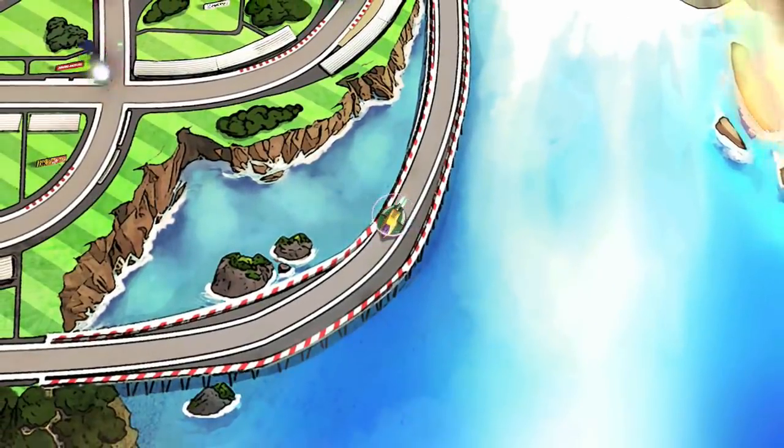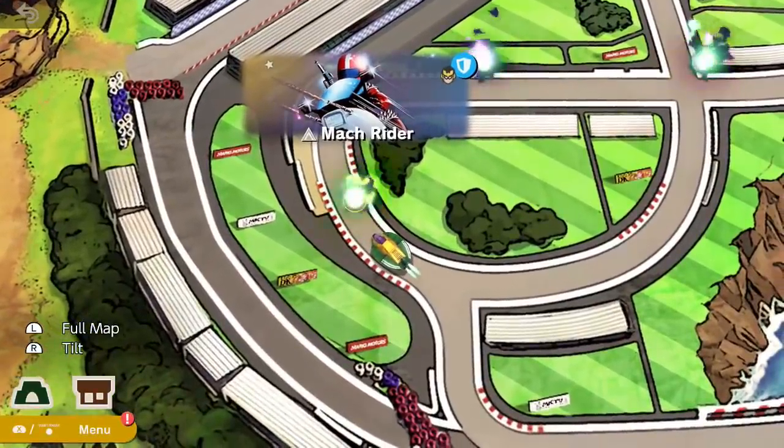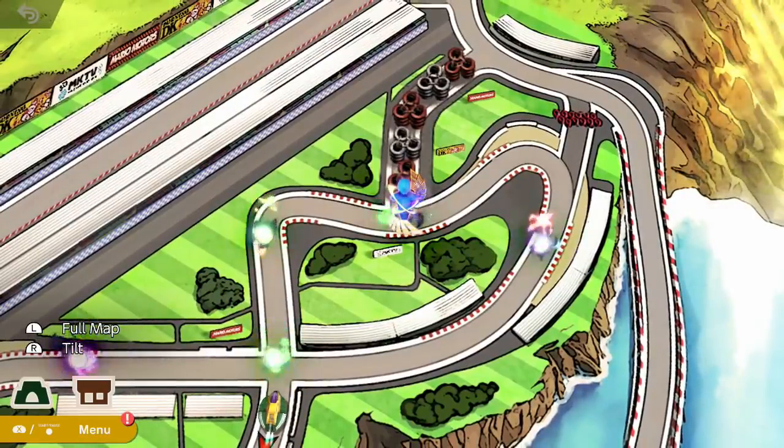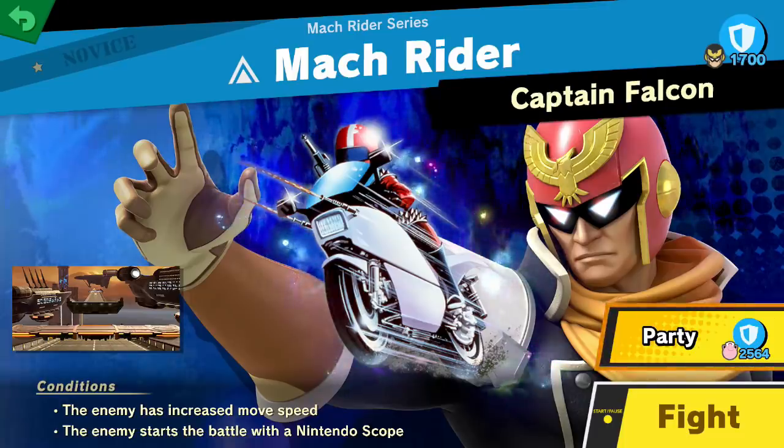But yeah, I was looking at the character's move list, and it says Jigglypuff's power launches enemies directly upward. Muck Rider and Gyro Wing. Yeah, let's go for Muck Rider, who a lot of people thought actually would be in this game as an